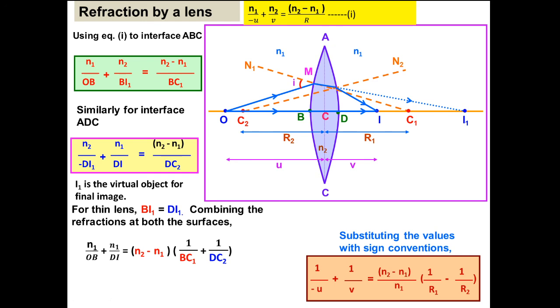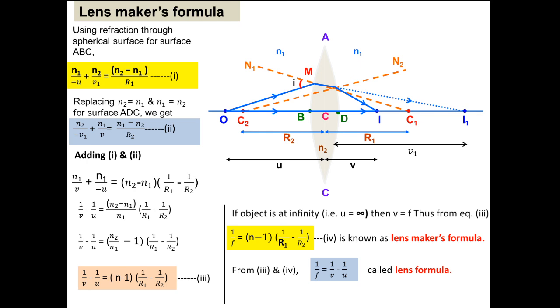This is the refraction by a lens using the refraction through spherical surfaces. Next is the lens maker's formula, which is very important for a 3 marks question. See here, this is the lens, with surfaces ABC and ADC. So if we use the refraction through spherical surfaces for surface ABC, what will be